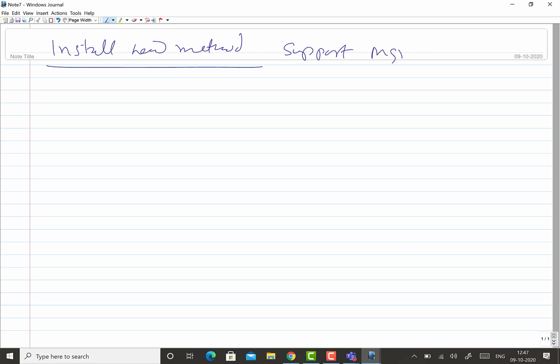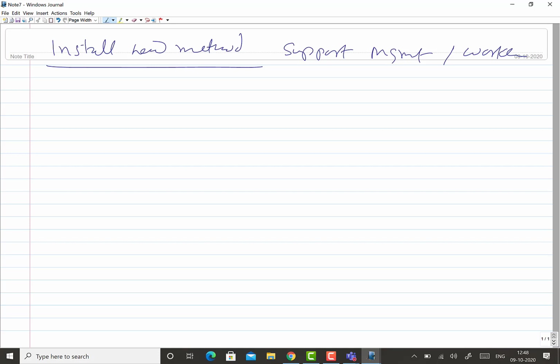Okay, now the next step is install new method. Installation of the new method, as I said, is the most difficult step as far as method study is concerned, because support is needed from both management for the investment as well as from the workers who will be experiencing the change in terms of the job being done by the new method, by the workers or worker representatives.